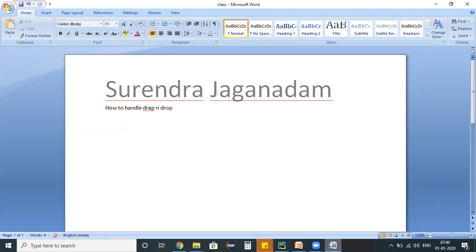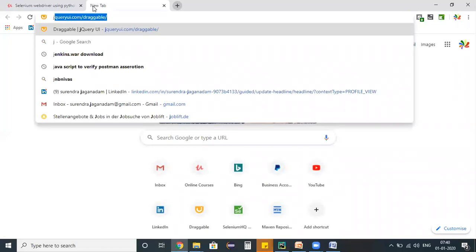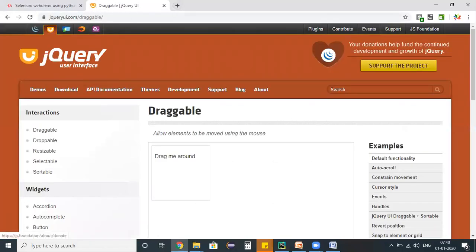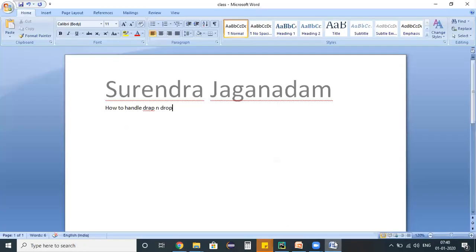For this scenario I'm using the same jQuery application which we have used, and here this is a draggable. My intention is navigating to this application, and then we have a drag me around object. I need to perform a drag and a drop. I need to drag this object and drop it somewhere else in this page itself. So the scenario is